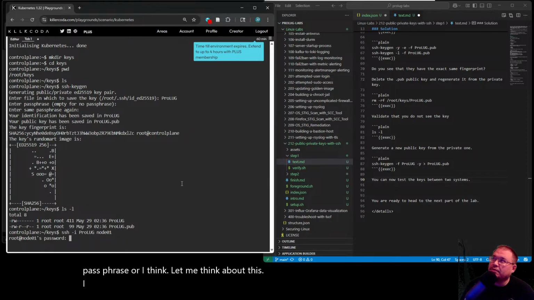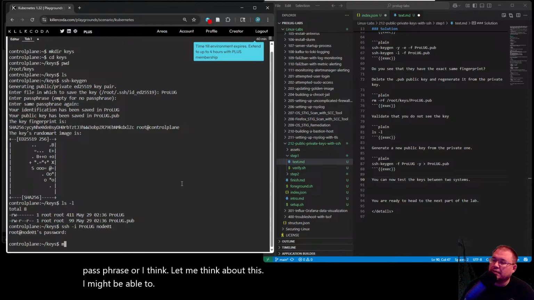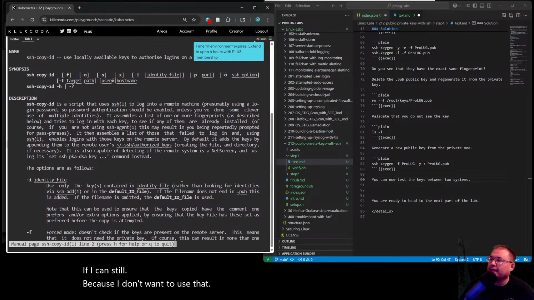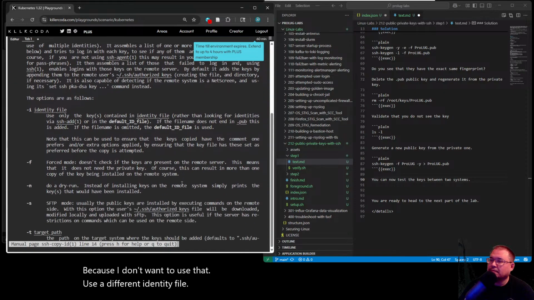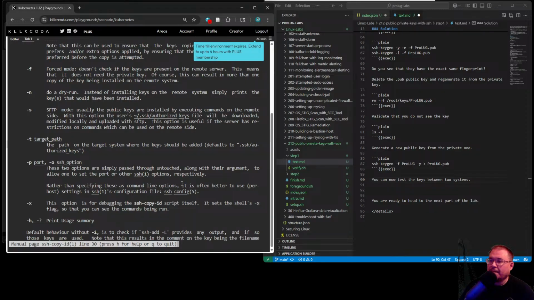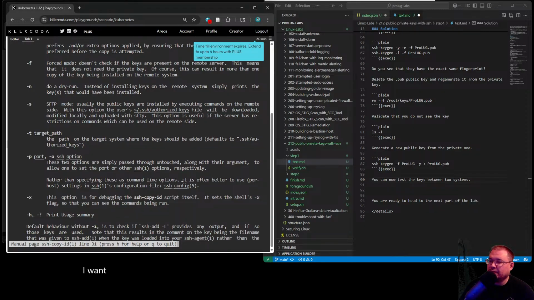I might be able to, if I can still, because I don't want to use that, use a different identity file.